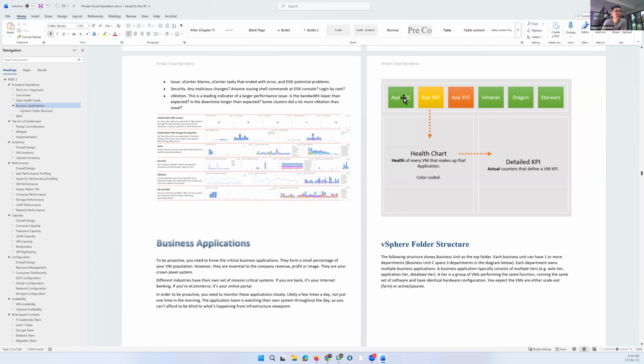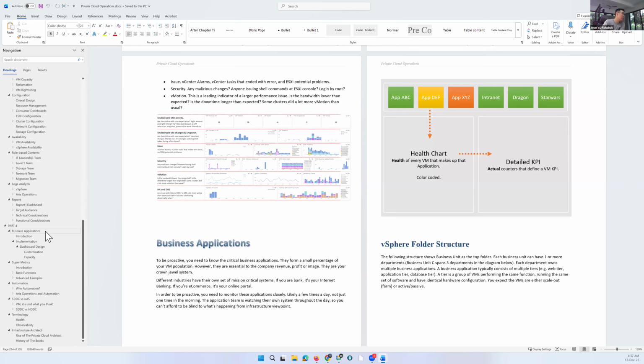I'll be able to see, if it is not green, I want to click and see the details, and I want to see whether any of the components of infrastructure, any of the VMs or even any of the Kubernetes that I look after are contributing to the performance. I want to be proactive about it, right? And you can actually do that